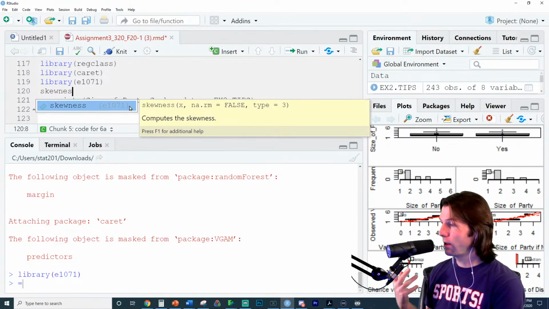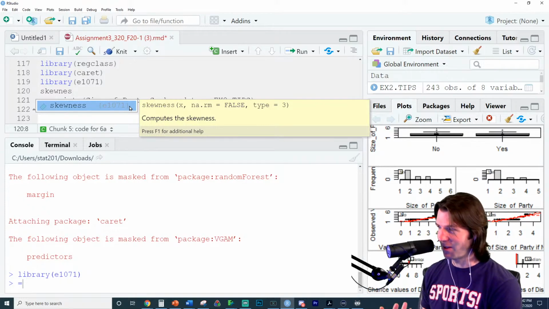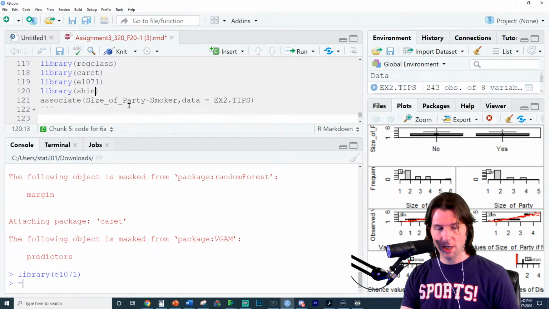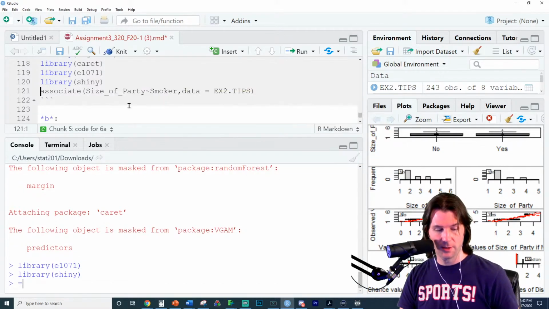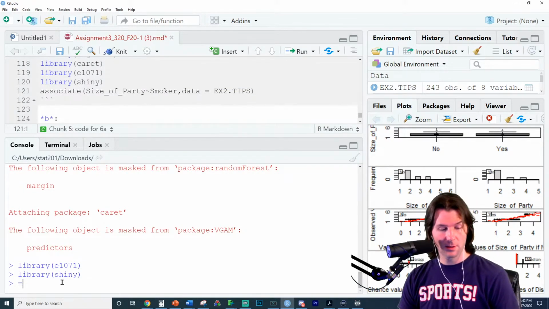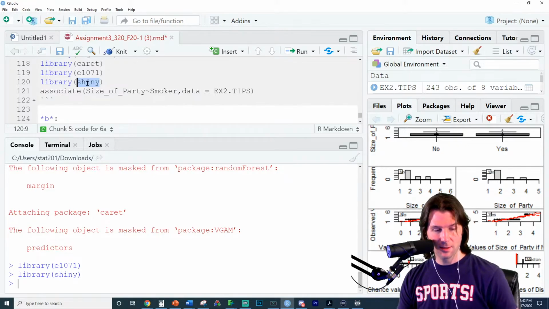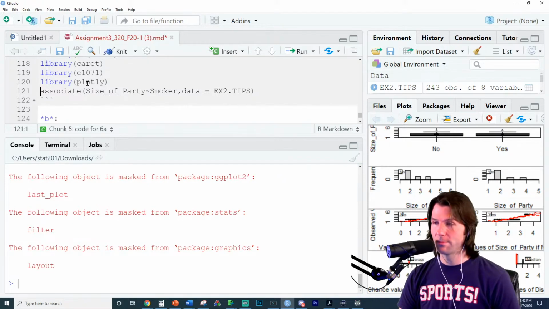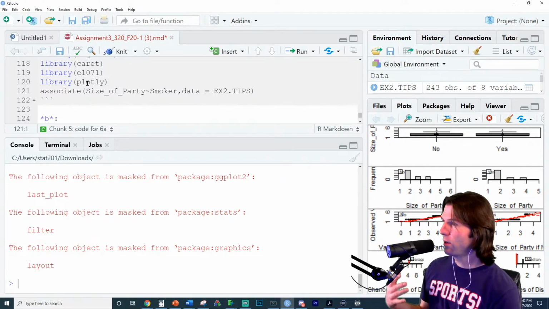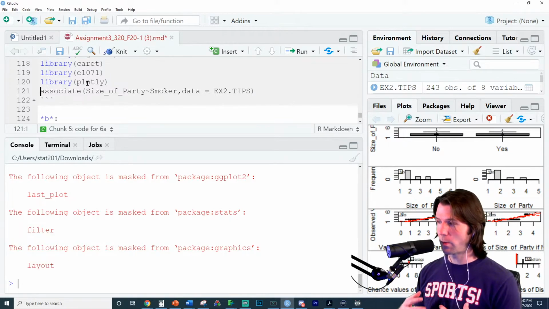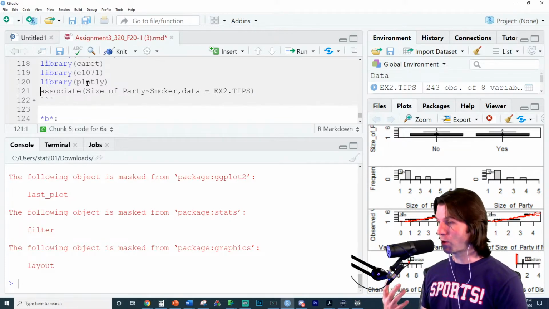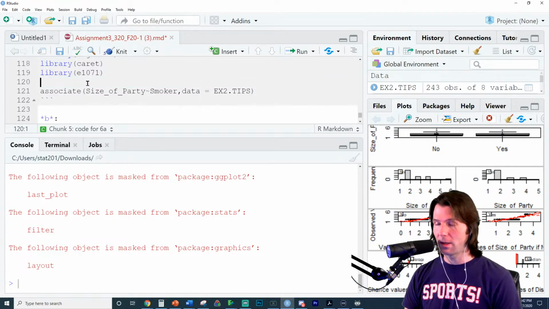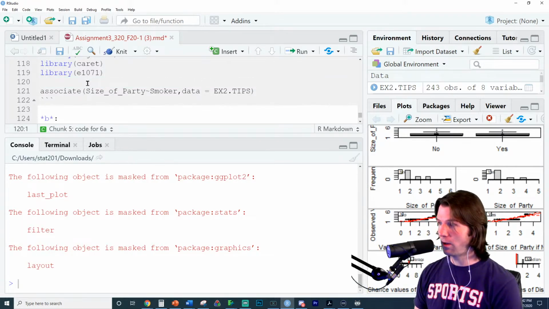And you might say, well, why don't all of these just load up? I've got lots of packages on here, like Shiny, and if you look at how long Shiny takes to load, it's not even a second. Plotly? I thought Plotly took a while to load. It takes a while to download, I'll tell you that. R just doesn't load all of them up, because you might have packages that overlap with each other in what they do or in the names of the functions, so R doesn't load all your packages when you start.